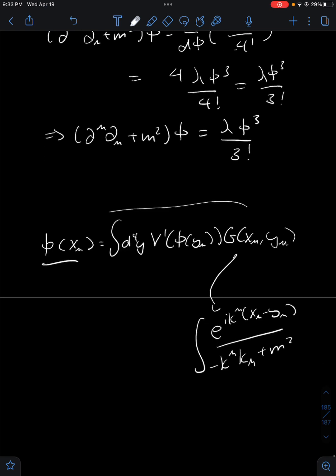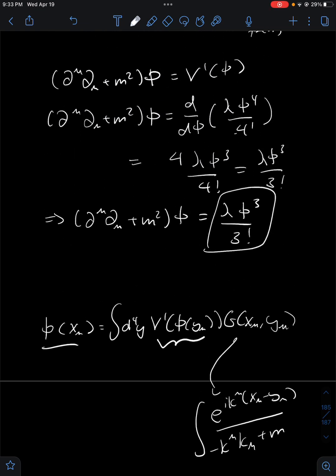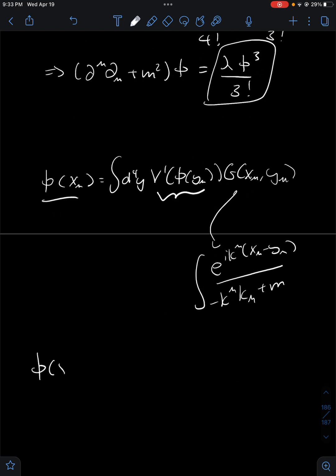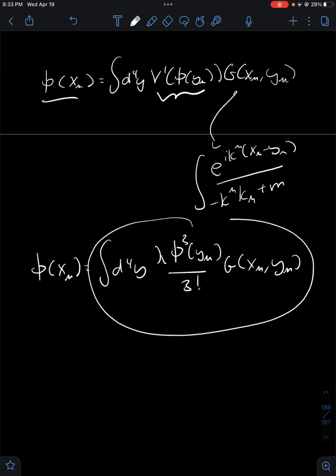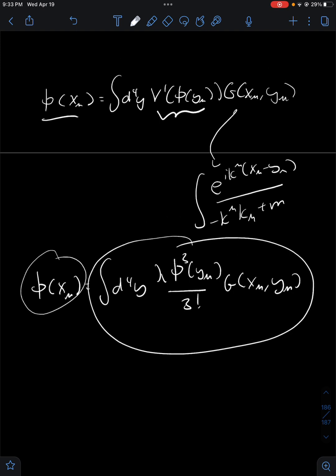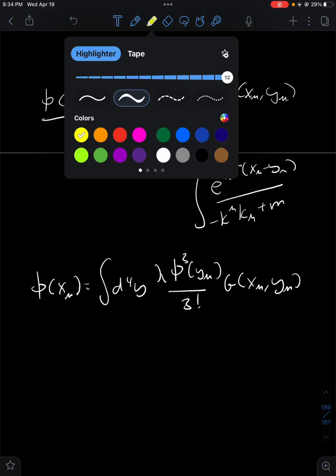So here's our answer, right? But what is this going to be right over here? We need to know what that's going to be to actually solve this integral and find phi of x^mu. Well, V prime of phi, we saw that it's just this over here. This means that phi of x^mu is going to be the integral of lambda. So basically, we can just integrate all of this together, and then we'd find out what phi of x^mu is going to be. But the problem is that we have the thing that we're trying to find